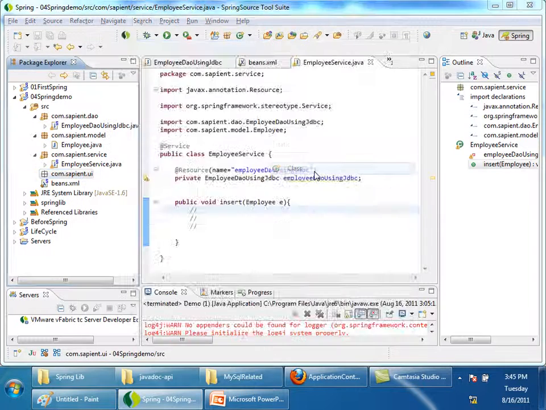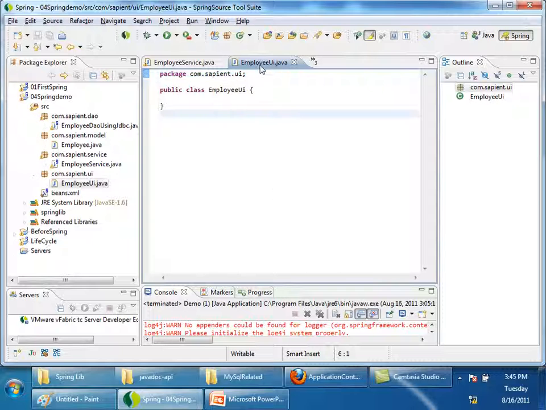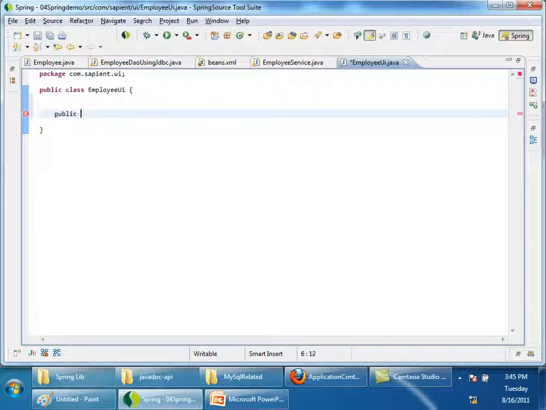I'll create a class called employee UI. Employee UI is dependent on service. So here also I'll say public void save employee